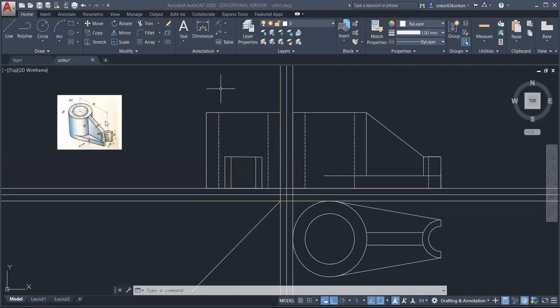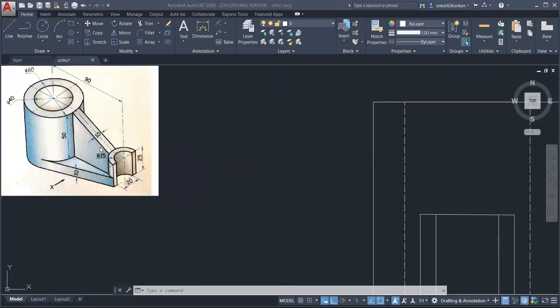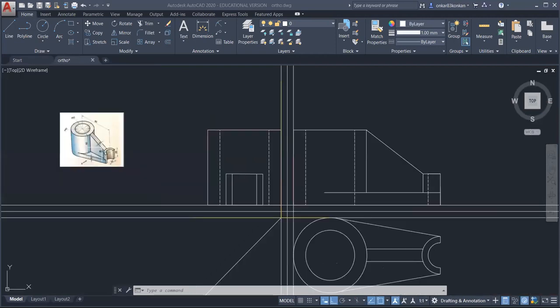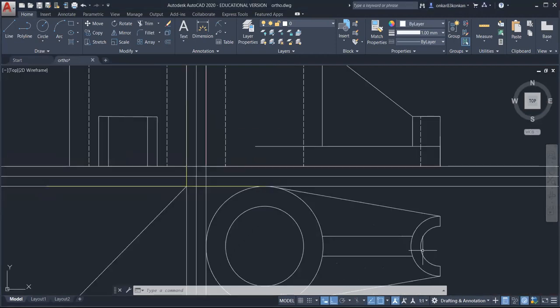Now to draw the rib in the side view, you can take the projection from these 2 points. So take the projection from this point.